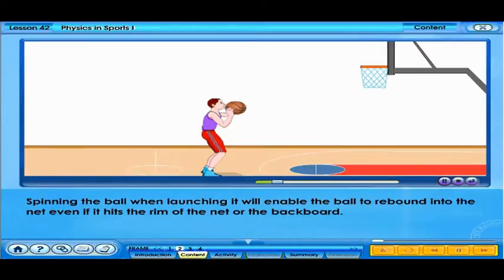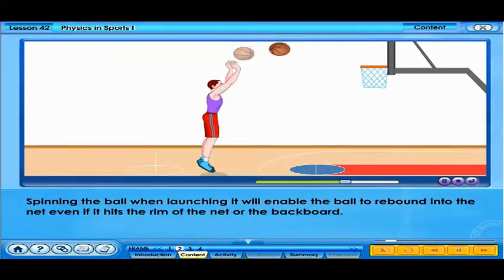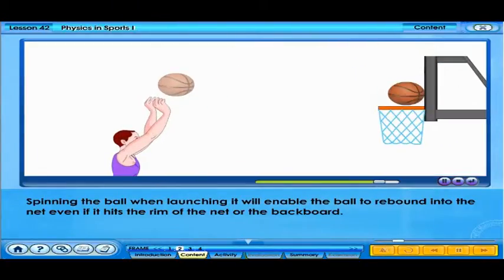Since basketballs move at such low velocities, placing spin on the ball does not affect air resistance of the ball to any great extent. Rather, placing a spin on the ball increases the chances of the ball going into the net if it was to touch the rim of the net or the backboard. The backspin, after contact with the back rim or board, will result in a change in velocity opposite to the spin direction, changing an equal angle rebound into a velocity more toward the net. This makes it more likely that the ball will go in.